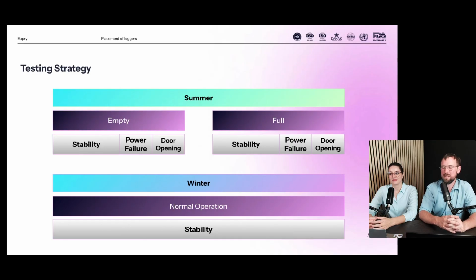Are seasonal studies necessary when real-time monitoring is employed? A really good question, but the key point here is that in a typical scenario, you would have way more sensors, way more monitoring points during a mapping than you would during normal ongoing monitoring. So what we need to ensure is that the space between the ongoing monitoring sensors is also within the acceptable range. So in that sense, yes, you do need seasonal studies,